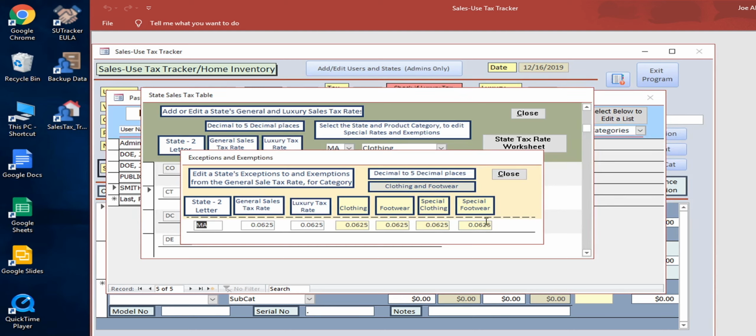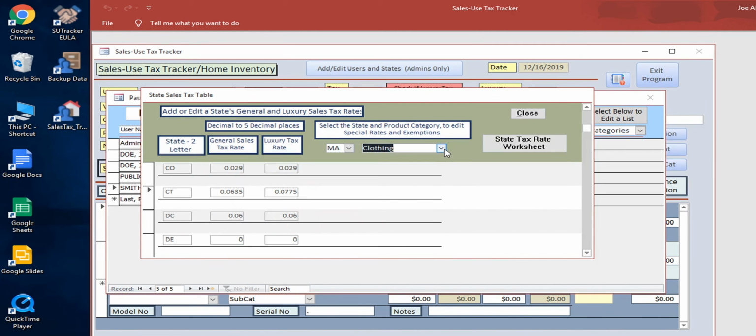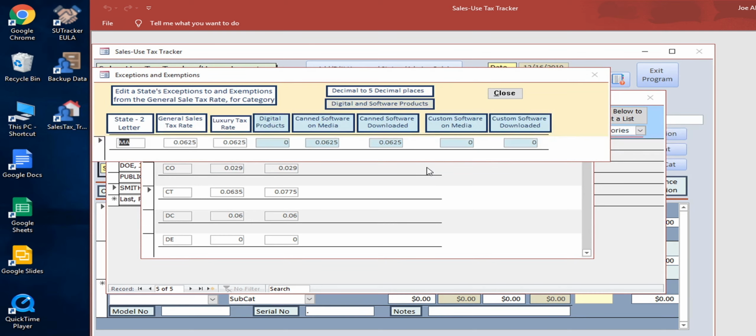So you'll want to pay attention to that. Also, fur clothing is generally taxable. Now here in the state of Massachusetts, it's actually true that taxing of clothing is the exception, so these two values should be 0. So I've updated them, and in a like manner, you can update